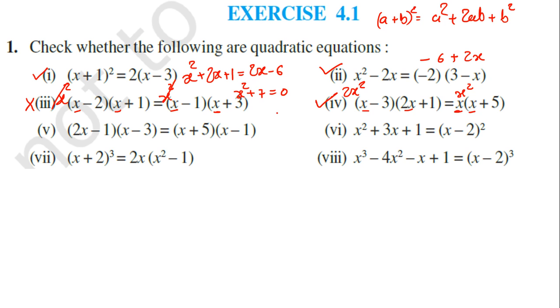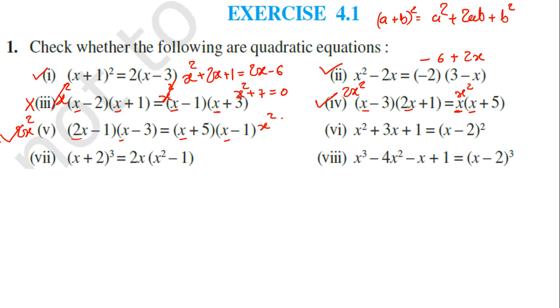No need to simplify all the terms. If you have a good grip on this subject, then no need to simplify all the things. You can save time like this only. And see, this is 2x into x, so 2x square, and again x into x, so that will come x square. Okay, x square, so again x square and 1x square will cancel, so 1x square will remain, so that is a quadratic equation.